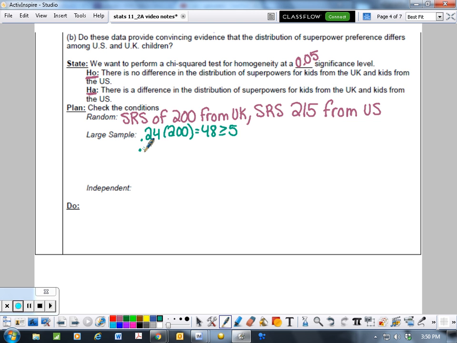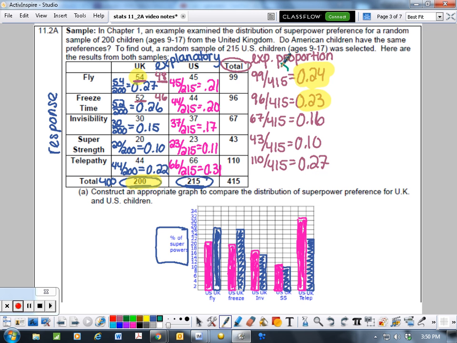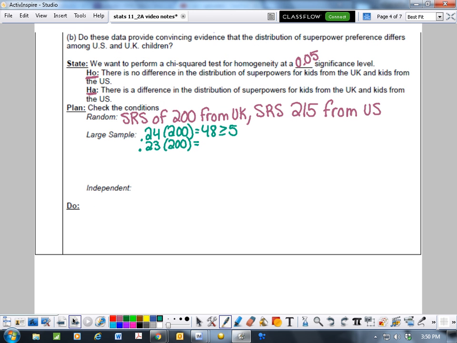And that is definitely greater than or equal to 5, so I'm good. Now I'm going to take the next one, 0.23, and times it by 200 kids to figure out how many I would have. Remember, this 0.24 and 0.23 are these values that I'm grabbing right here. I'm using these from the pooled data to help me figure out what I would expect them to be. So 0.23 times 200,